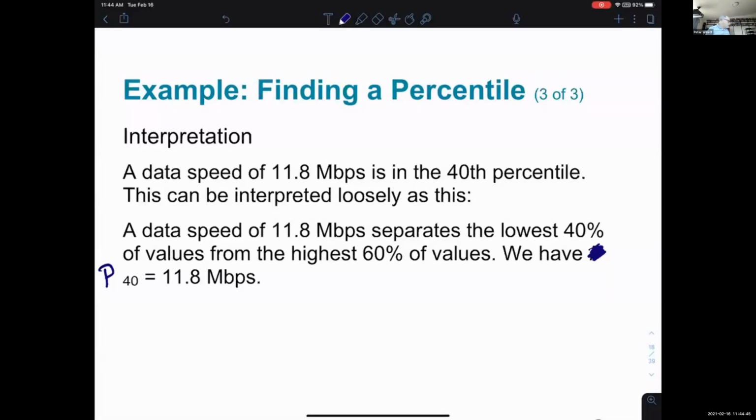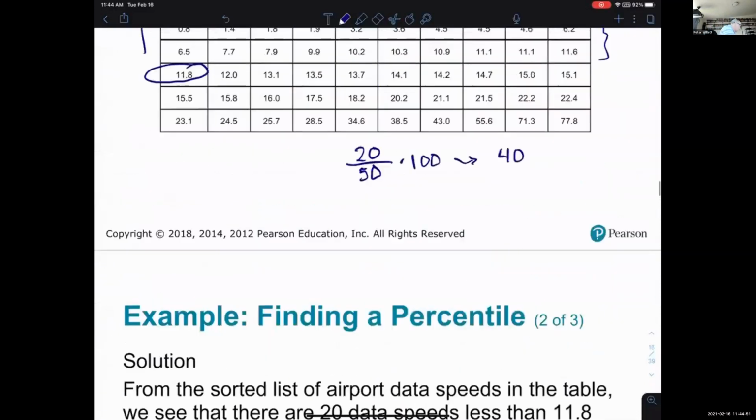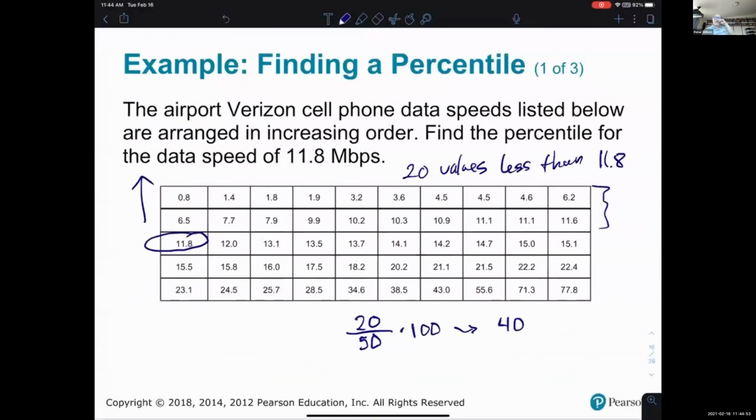All right, so just while we're thinking about it, imagine putting yourself in the driver's seat. Let's say you were asked a question similar to this, but they gave you a data set in a homework problem with 50 data values, and they didn't put them in this nice box arranged in order. In fact, maybe they were in random order, and you were asked to find the percentile of a particular data value. So I want to remind us what we can do in StatCrunch: